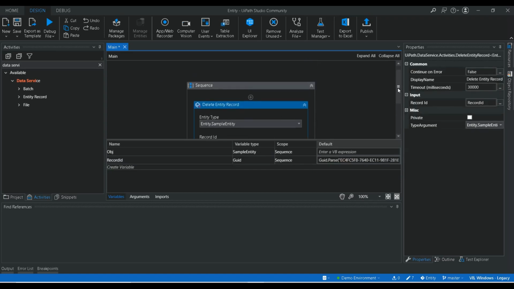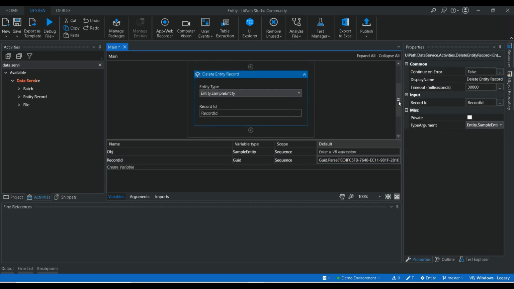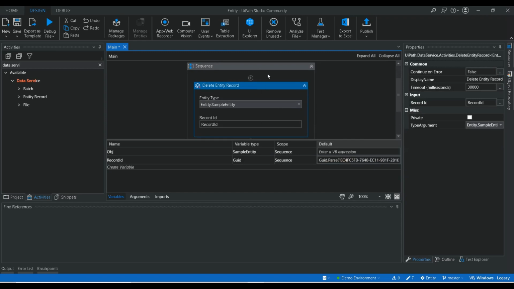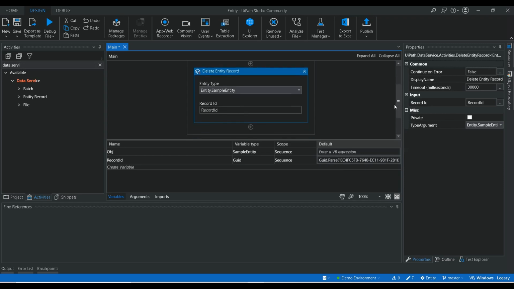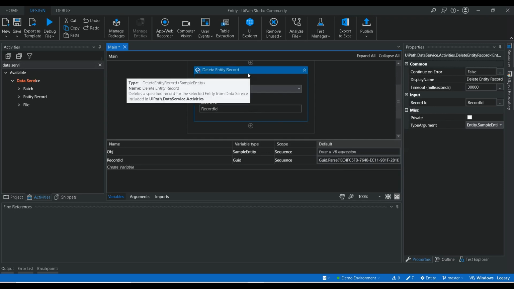Okay, that is done. If you want to delete more data, you can create a loop, get this value and delete it. But here I'm just going to show you how you can use this activity for the deletion of a record.